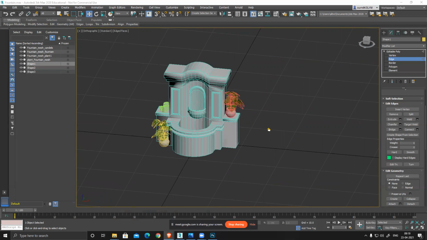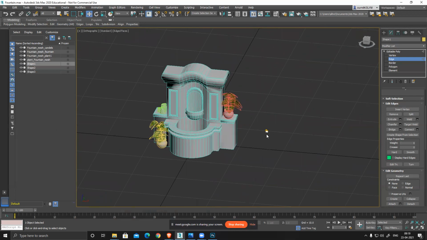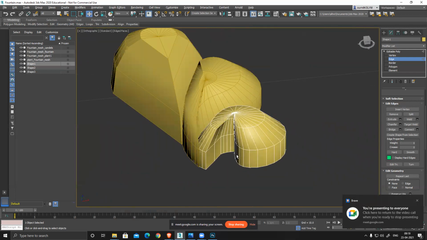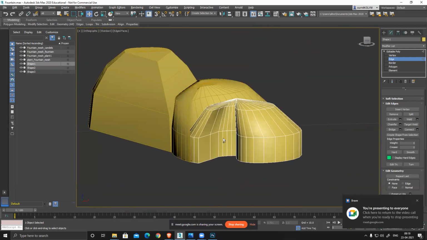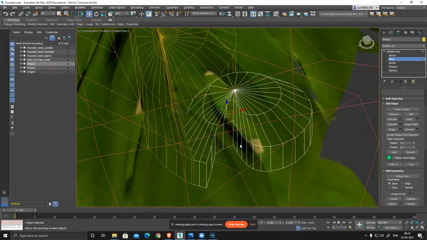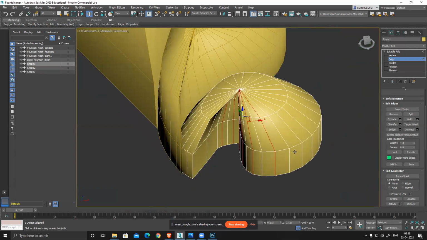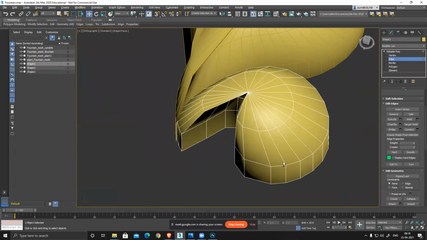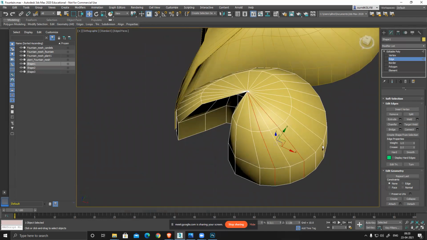Okay. Praveen joined. This scene needs to be low poly, so I can see everything is low poly only. Right now, this is kind of mid poly, but I'll optimize it and reduce it. That's what I'm doing right now. So every alternative loop, I'll remove it just to keep it highly optimized.